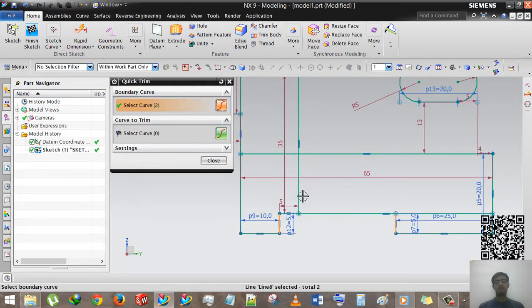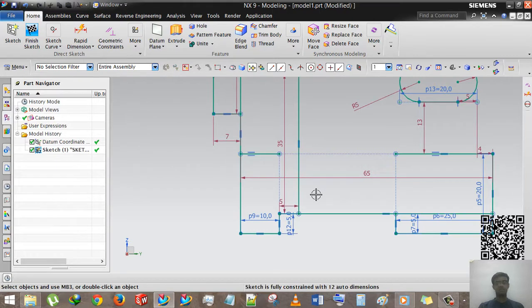I want to delete this line between this line and this line. Curve to trim, now we are selecting this, then it will automatically trim between this line and this line. You can see in the video. Okay, close. I hope you will understand.